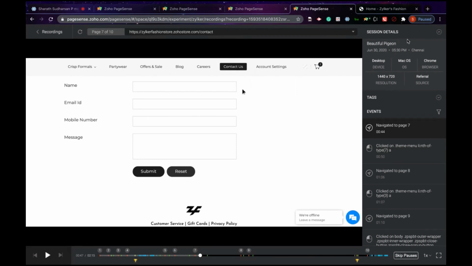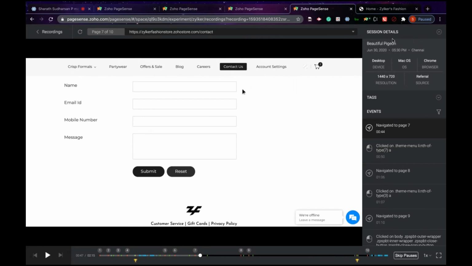If you check the session details, as we already mentioned earlier, we track anonymous visitors, so the details given here are for random visitors. The IPs are anonymized. Also, a visitor is counted once if they spend up to 2 hours on a website. For example, if a visitor is interacting on your website for more than 2 hours, it will be considered a new recording. Also, if they are idle for 30 minutes and the interaction starts again, it will also be considered a new visitor and a new recording.